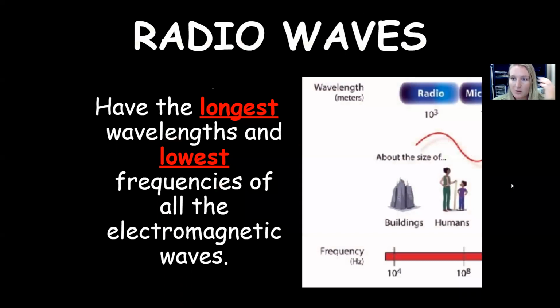All right, so now we're going to go a little bit more in depth into each type of our waves. So first off, radio waves. Those are our longest waves. So they have the longest wavelength, the biggest wavelength, and they have the lowest frequency. Remember, in our Bill Nye, we looked at the relationship between wavelength and frequency, and they're opposite. As wavelength goes up or gets longer, frequency goes down. So our long waves have the lowest frequency, and that's our radio waves.